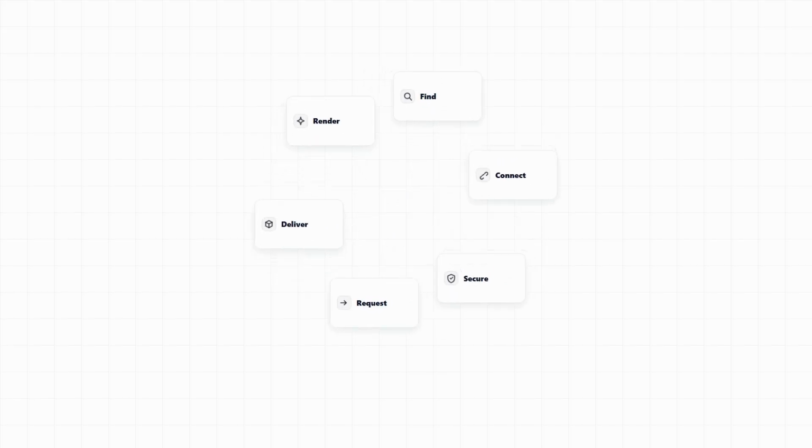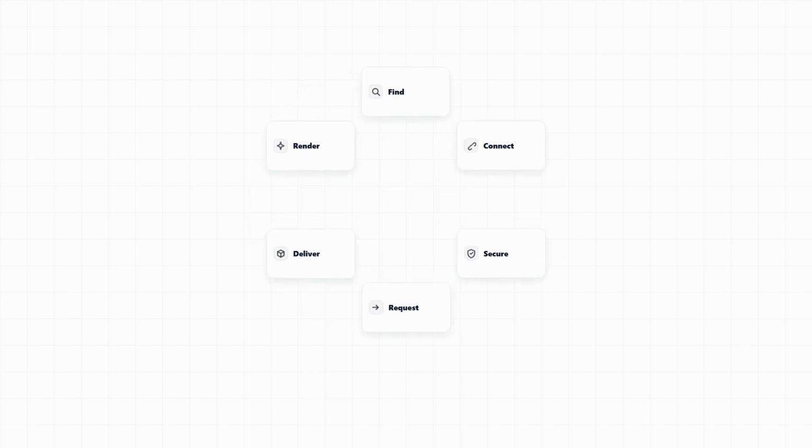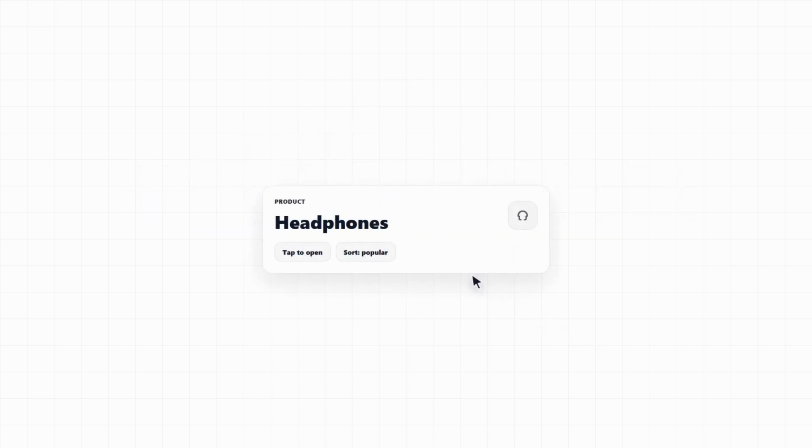Every time you open a website, your browser runs a fast chain of steps behind the scenes. It feels instant, but a lot happens in just a couple of seconds. We're going to open this page,